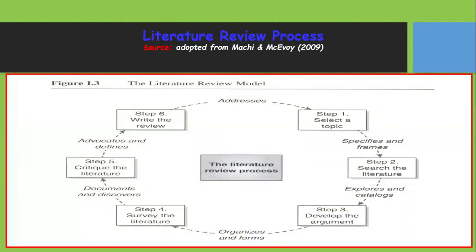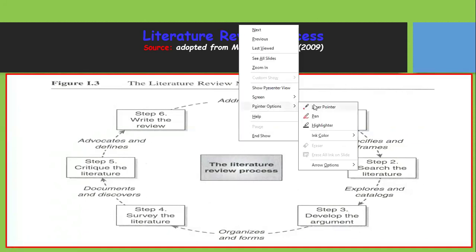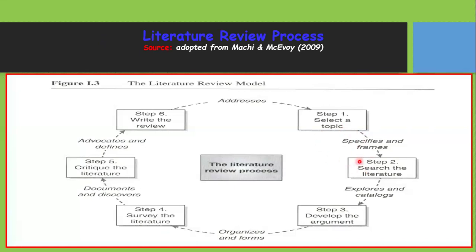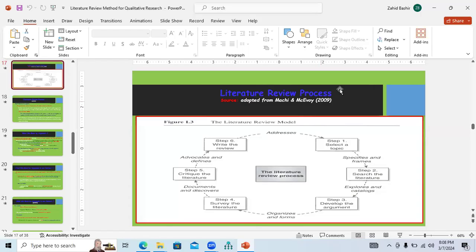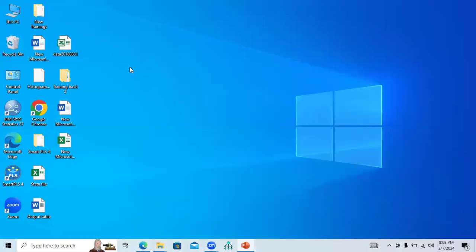If you see the picture here, the literature review steps, you can use the past studies to build your own argument. For example, I would like to use a particular variable to provide justification that it is related to a particular scenario. Then I need to have some support from the past literature to build my own argument. So let's suppose, for your understanding,